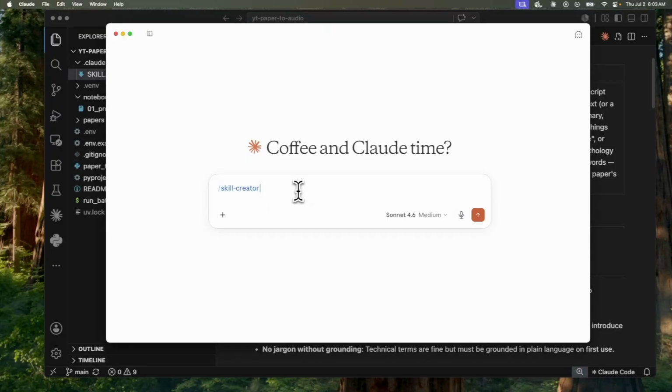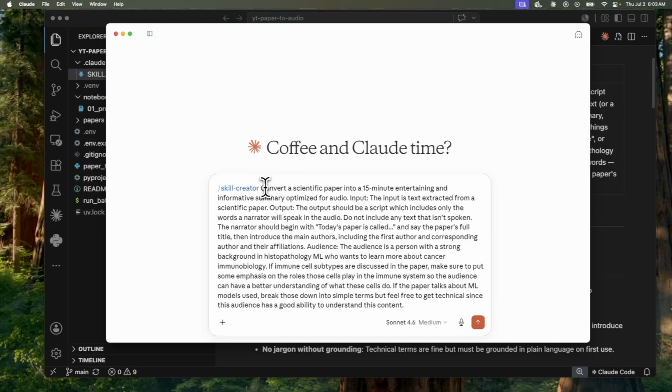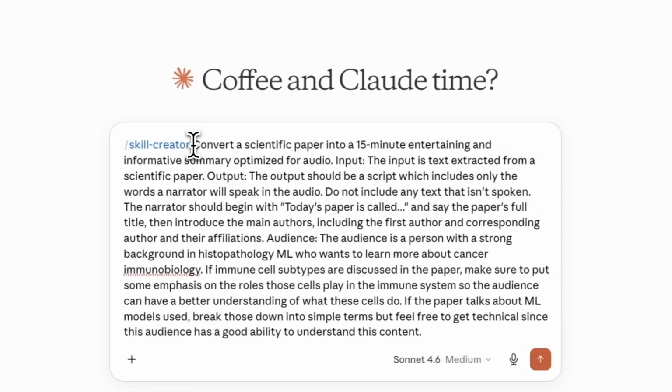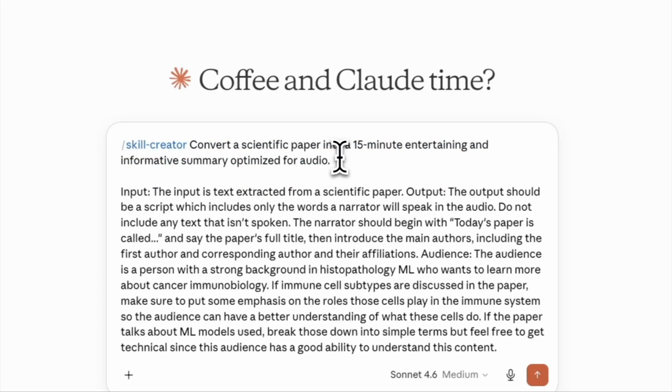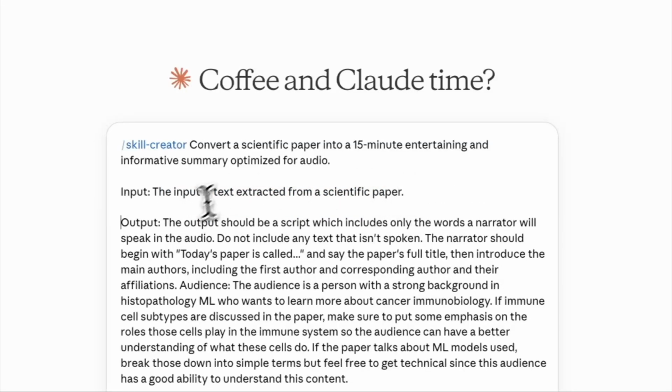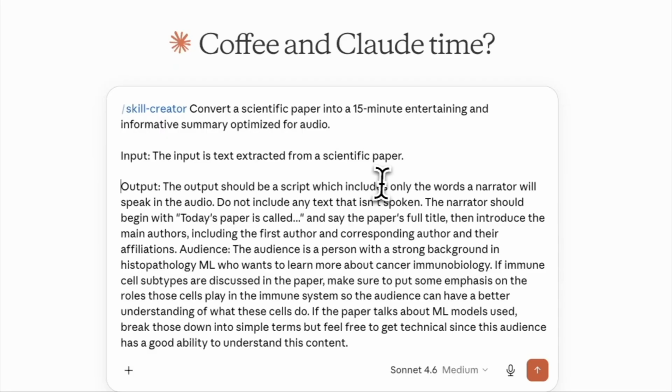I already wrote a prompt, so I'm just going to paste that in. Convert a scientific paper into a 15-minute entertaining and informative summary optimized for audio. I've specified the input, which is going to be text extracted from a scientific paper. The output is going to be a script that includes only the words a narrator will speak in the audio. It should begin with "Today's paper is called," say the paper's full title, introduce the main authors, and then